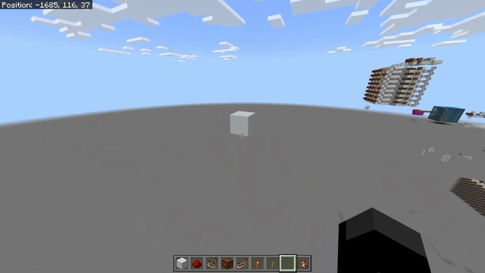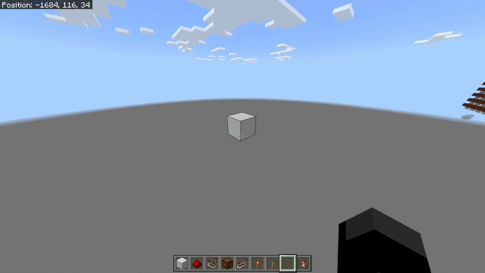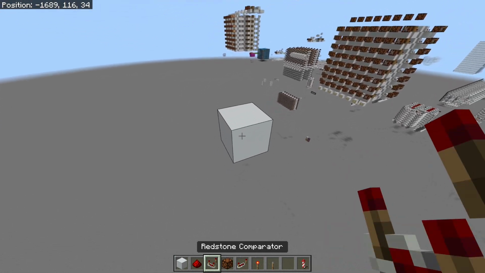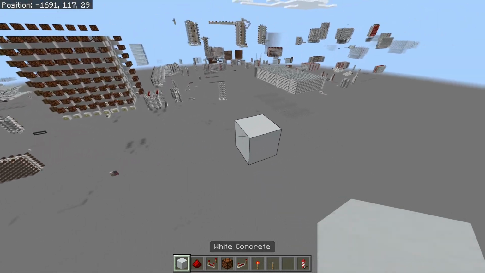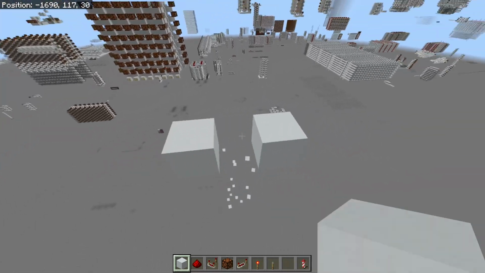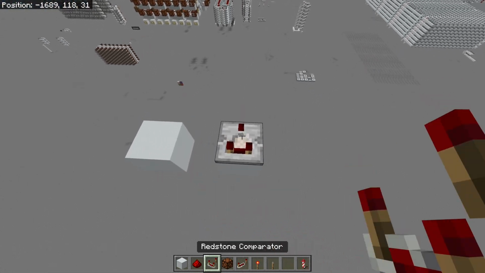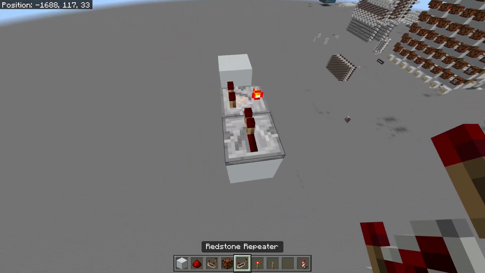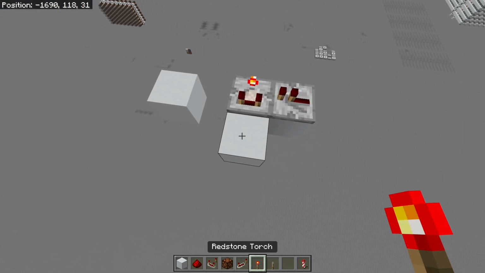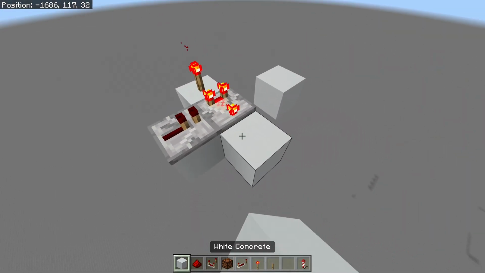So the first thing you're going to want to do is find an empty space like this. You can use the set block command if you just want to place a block like this, but we're going to be building the inputs and outputs first of all. So we're going to place a comparator down, set it to subtract mode so we can input from the side like this,